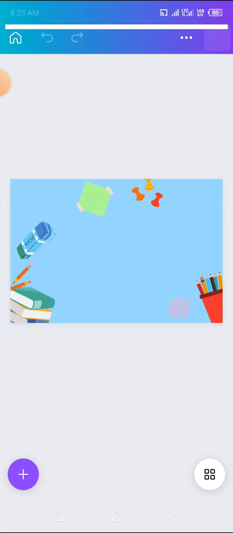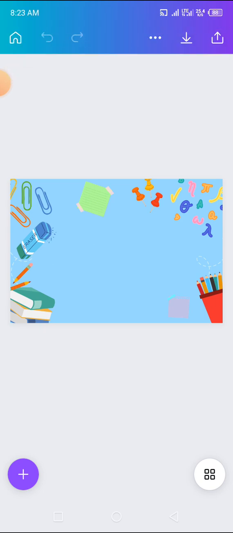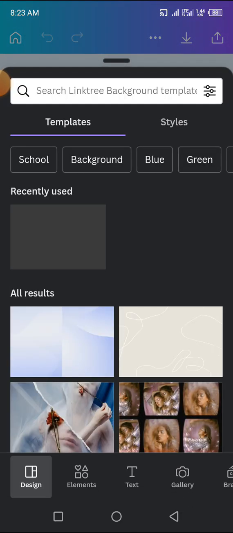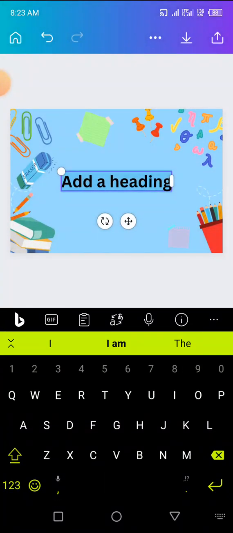So I'm just going to insert whatever details I need. So let me use this one to teach you how to, so this one has just given us a background of a template. You are the one that will enter whatever it is that you want. So let's start. I'm going to first of all put in the name of the school. Let's say I want to say